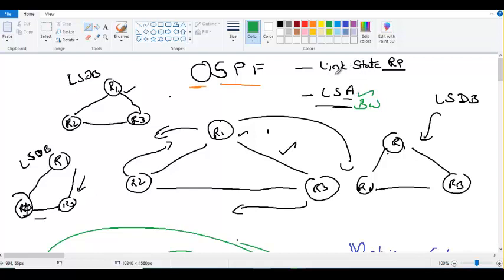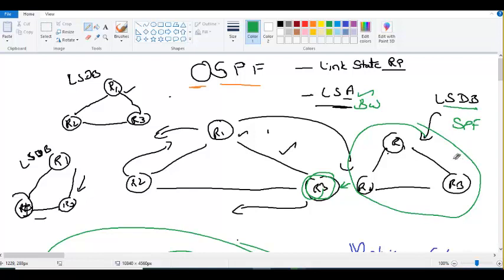Link state advertisement makes the link state database. The link state database provides this type of topology information to the router, and the router now uses the SPF algorithm to see whether to go to the RB network here, 1.1.1.1. This is already in R3. R3 will see,